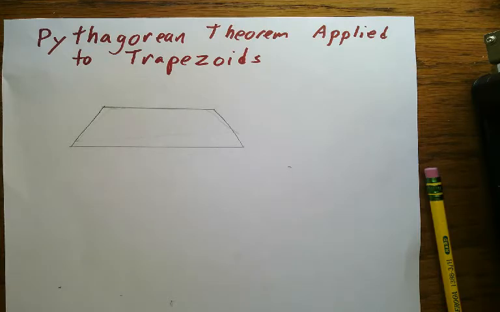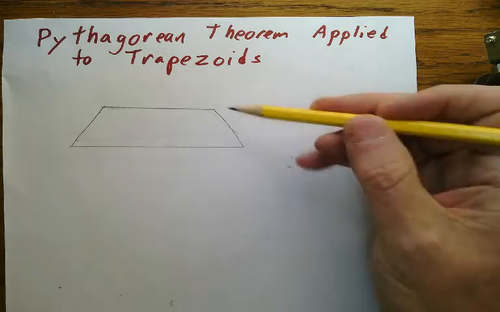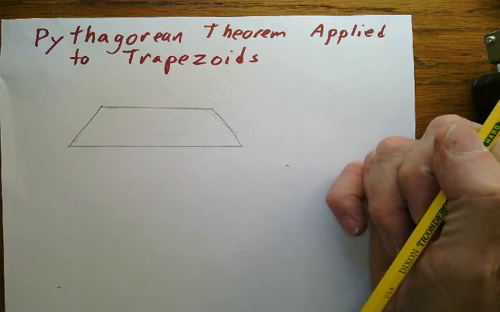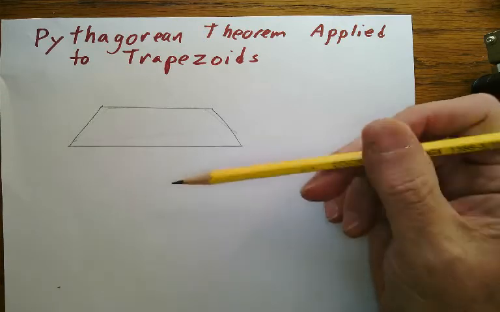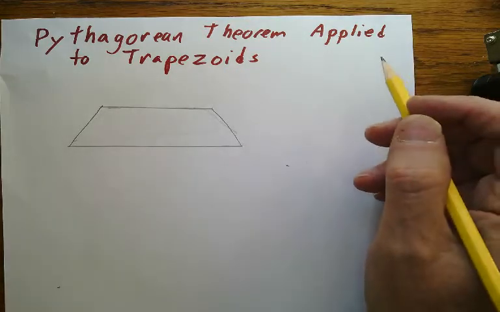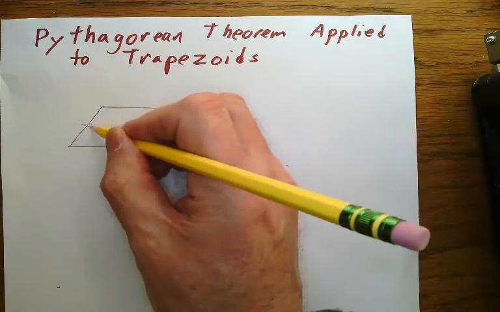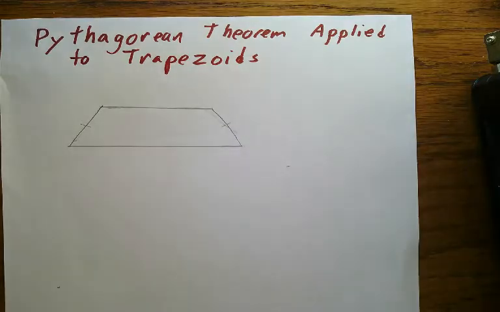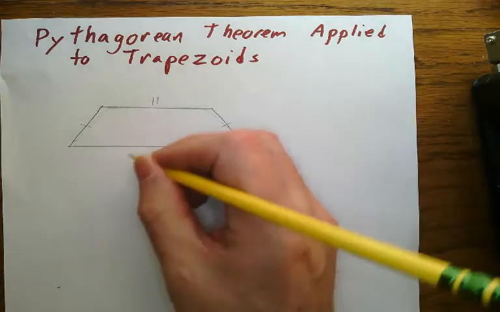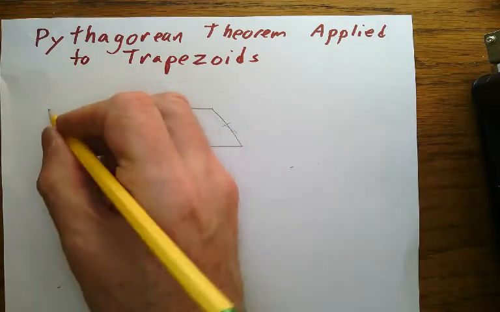In the diagram you see a trapezoid. The two sides that are parallel, which in this diagram are the top and bottom, are called bases. The trapezoid actually has two bases. An isosceles trapezoid, which is what we're looking at, is a trapezoid that has the legs congruent to each other. The two sides that are not the bases are called the legs. Now, if this base is 11 and this base is 17 and the legs are 5,